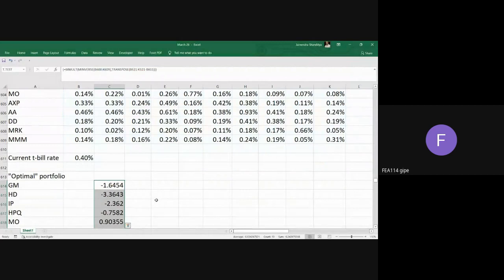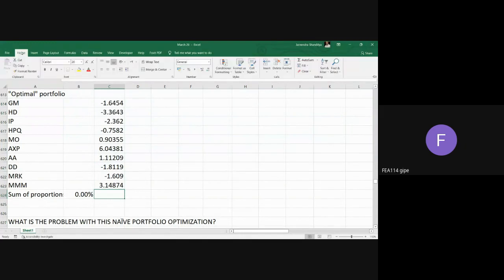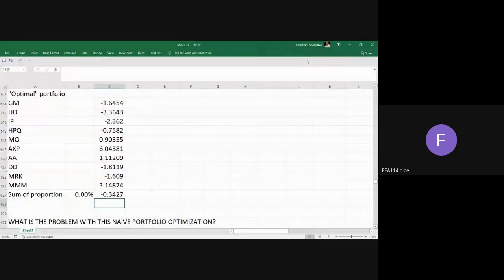So we got the optimal portfolio combination. Now, if you sum it up, then you will see how much you are getting. So you're getting negative. Now what we do is we divide each one of them by its